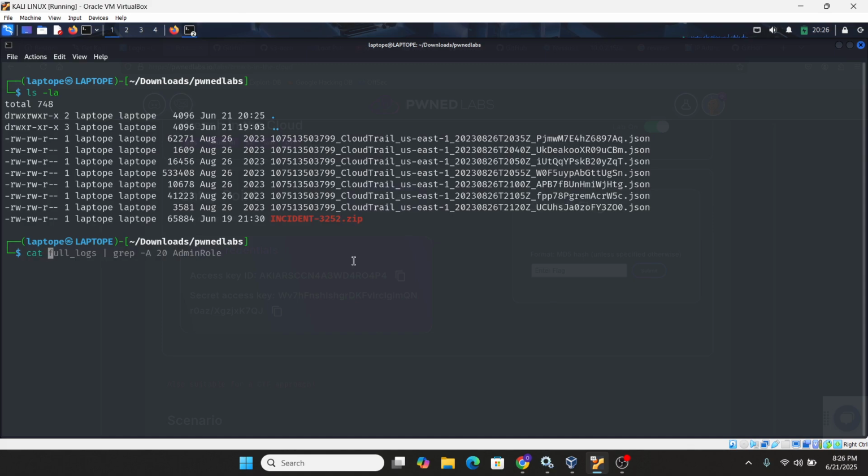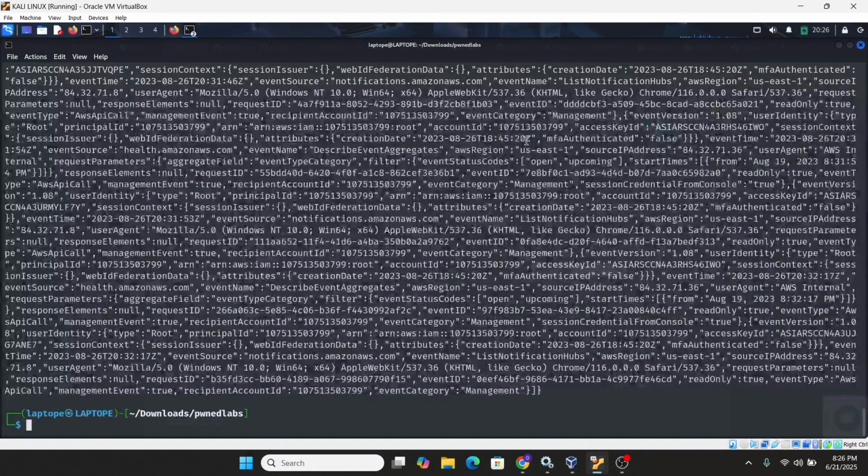If you try to get the content of this log, for example, 035, and concatenate it, you can see this is the way the log was downloaded. Cat is formatting the log output.